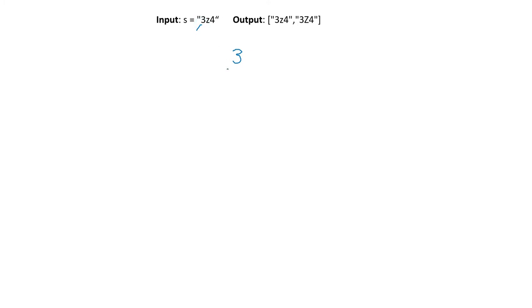Either we can take the lowercase z or the uppercase Z from this position. Now individually we have to treat each path. After z, what is there? 4. 4 is a number, so only one choice we have, that is we can directly use 4.